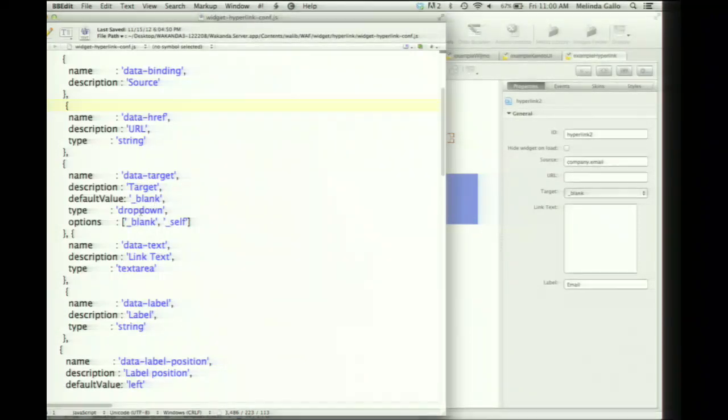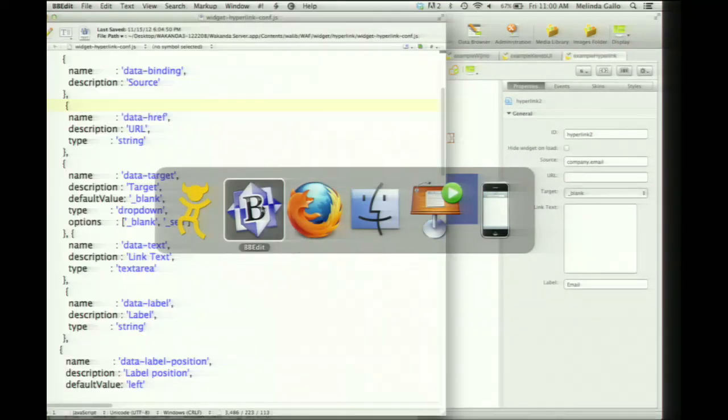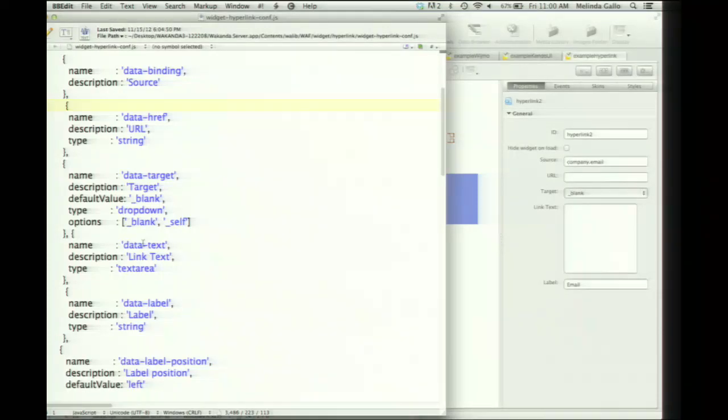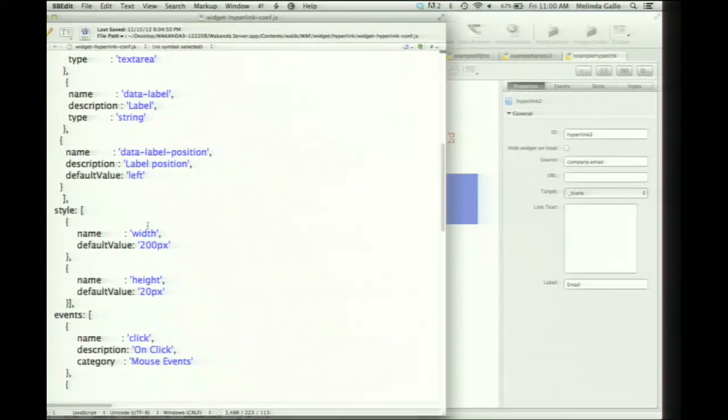Data ref, my data targets. We also have different types of objects that you can define to give your users easier access, like the blank target. Instead of allowing them to just insert underscore blank or underscore self, you can use a drop-down menu to do that. Then we have the link text, etc. Now this data label